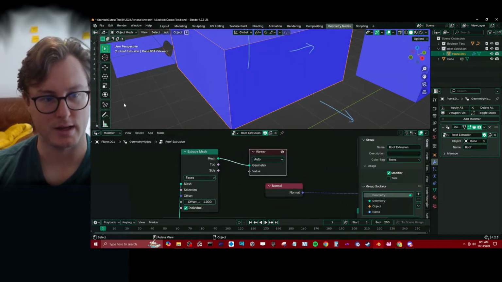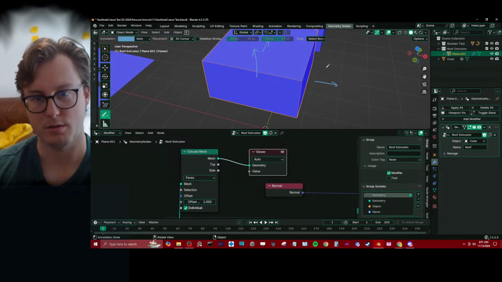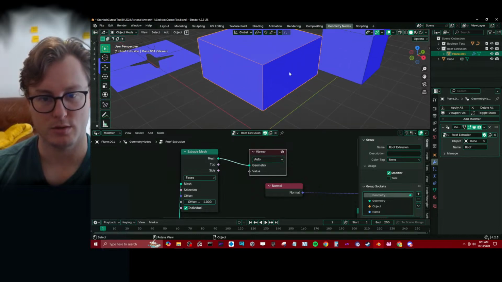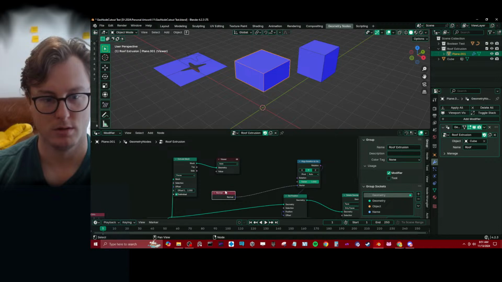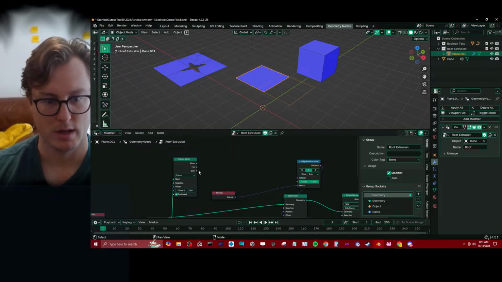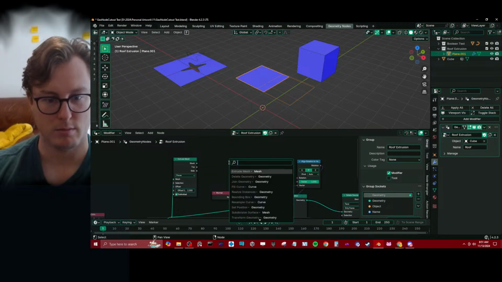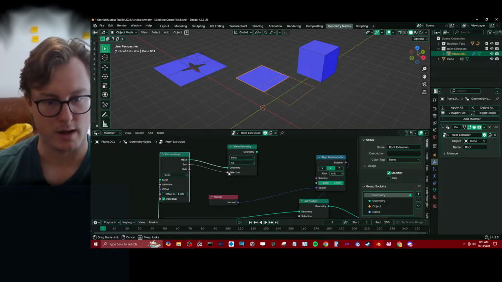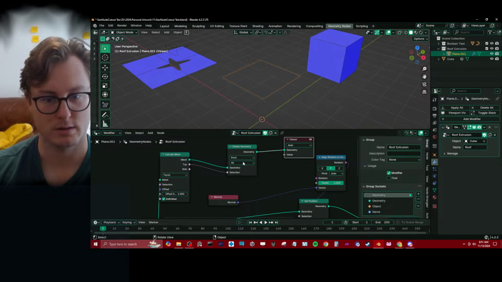Because this does give us that direction. We know exactly where to go this way now. So we can extrude. And this normal is what we want. So we want to take the mesh, delete geometry, delete the top. So that should give us just